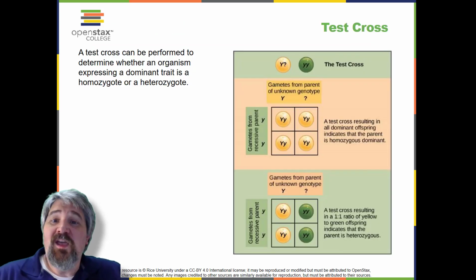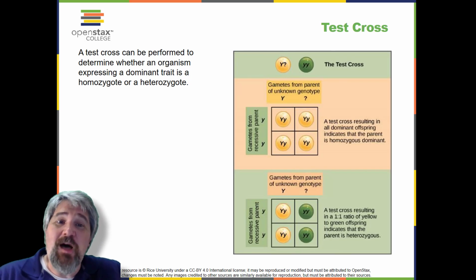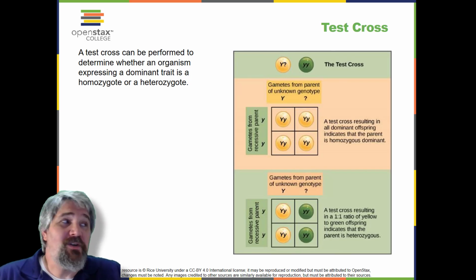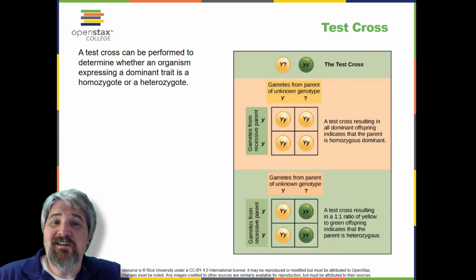Test cross. Beyond predicting the offspring of a cross between known homozygous or heterozygous parents, Mendel also developed a way to determine whether an organism that expressed a dominant trait was a heterozygote or a homozygote. Called the test cross, this technique is still used by plant and animal breeders. In a test cross, the dominant expressing organism is crossed with an organism that is homozygous recessive for the same